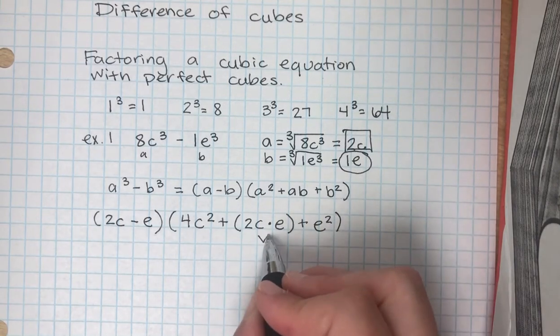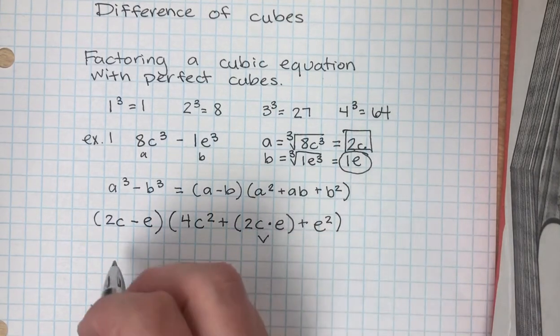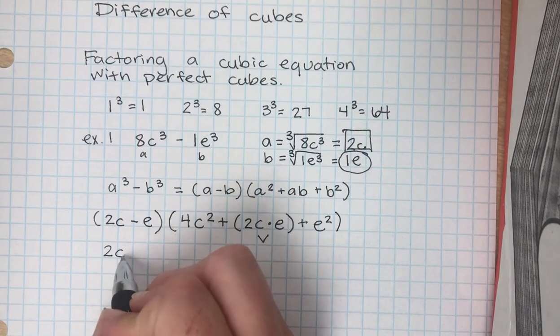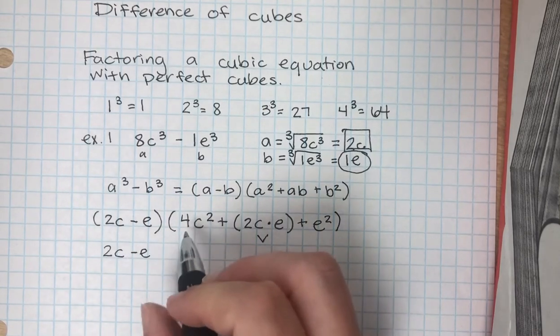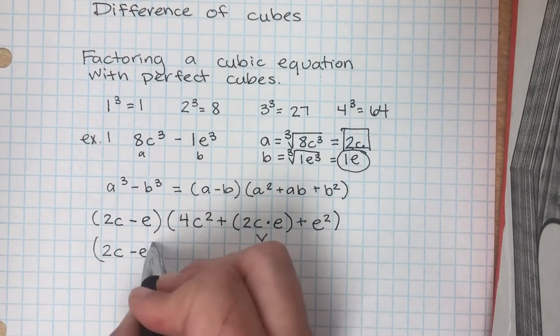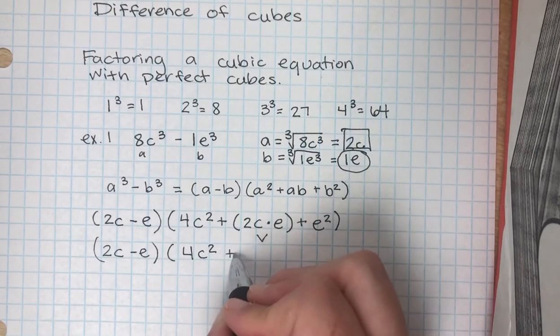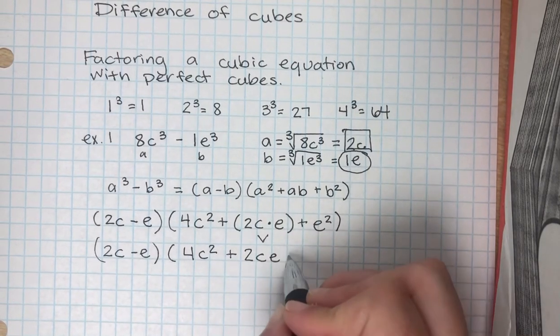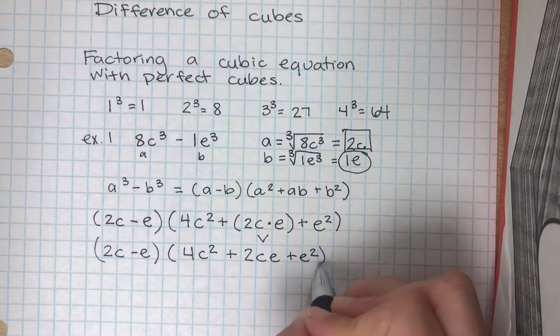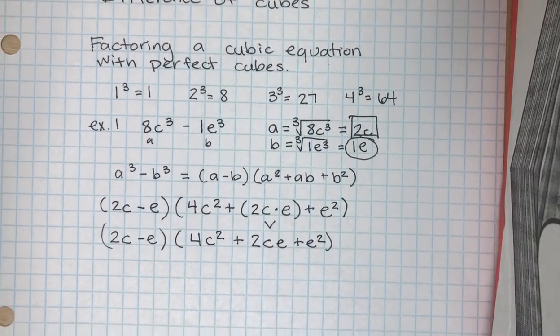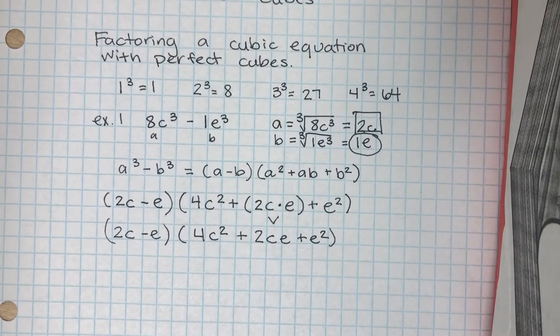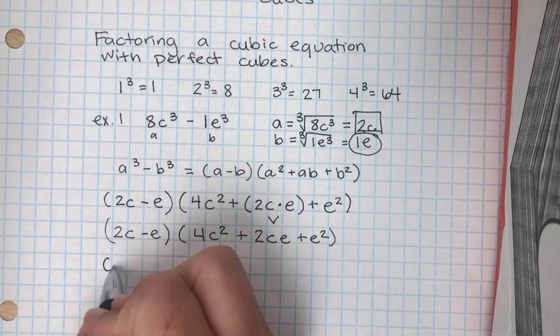And then let's go ahead and combine that one. So our final solution will look like this: 2c minus e times 4c squared plus 2ce plus e squared. Done. Okay, let's do one with a GCF just so that way you've got that practice